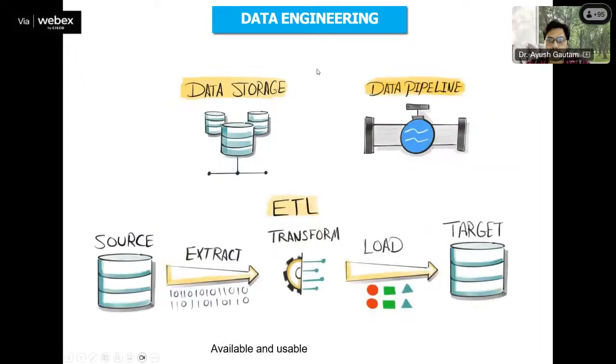After the data architect, there is another post which is called the data engineer. किसी को आइडिया डेटा इंजीनियरिंग क्या होता है? Data engineering means they define the path along which data flows. Simply, just like we need a path for water to flow, similarly we need a path for data to flow. So what is that path, from one place where the data comes, to how it reaches us? Like if I'm delivering this lecture on WebEx, do you really think that whatever I'm saying is directly coming to you?